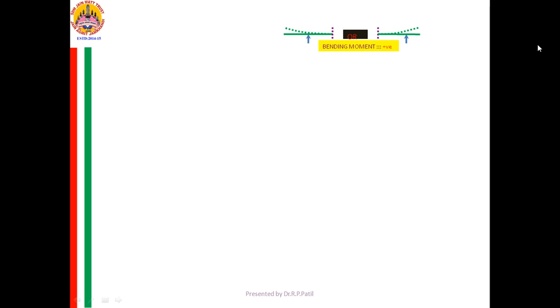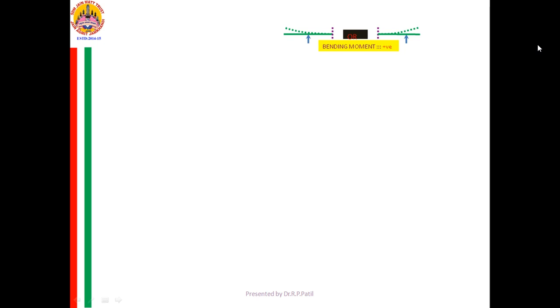Yes, sir. Yes, no problem. Then we are taking the bending moment like this as the positive. On the right side, if it moves upward, or the left side, it moves upward, that bending moment we are taking as the positive bending moment. This bending moment is termed as the sagging bending moment, and opposite of it is the hogging bending moment. Right? That sign convention, you are familiar with it.